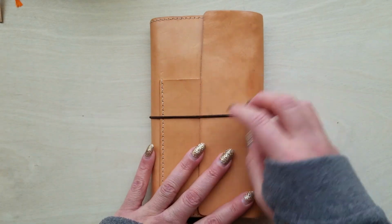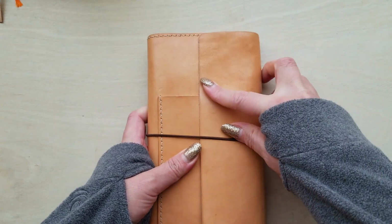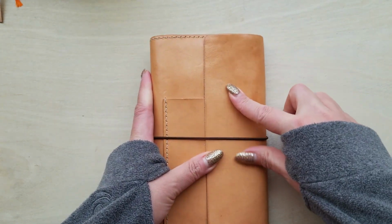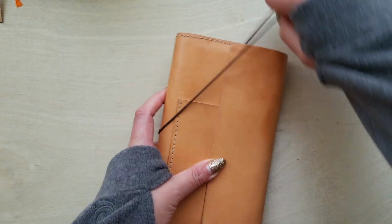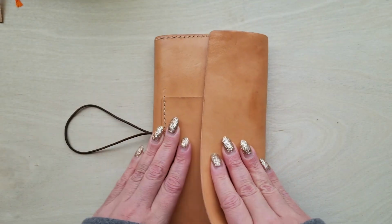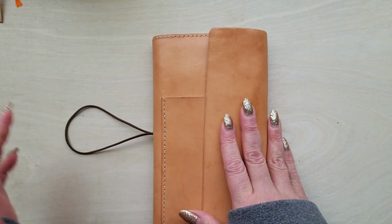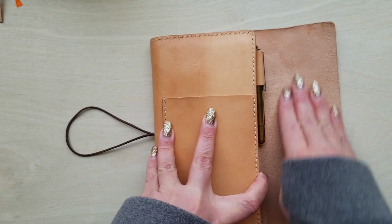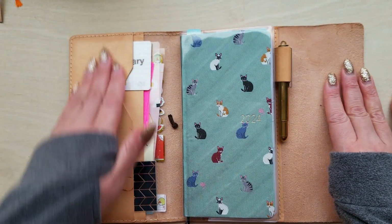So pretty simple book, but I'm really liking it. This cover I've had for about a year now. It's from Handstitchedleathert. I love this cover so, so much. It's really patinaed up over the months, and it's just a really great leather, and I just very much enjoy it. The stitching is so perfect. And it's really starting to feel lived in. So my